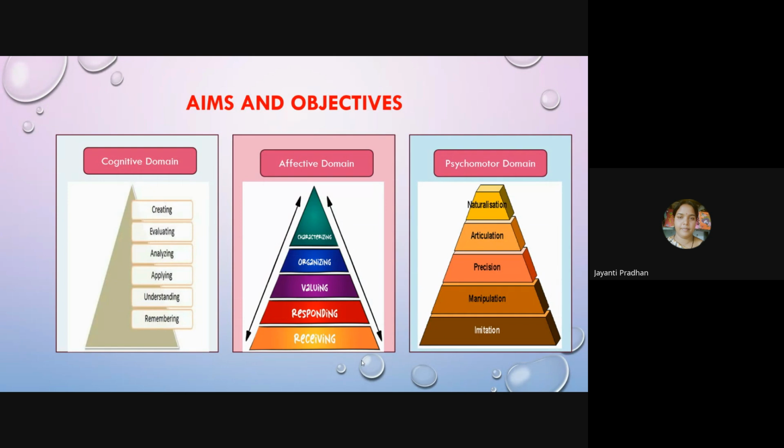You can refer to that. In the NCF foundational stage and also school education, they have defined the aims and objectives. If you refer to those, you can get an idea how the aims and objectives are defined. And in higher education, for any program, the aims and objectives are also defined. On the basis of what the aims and objectives are defined for the content, now we are going to discuss that. The aims and objectives for the content that is organized in a course